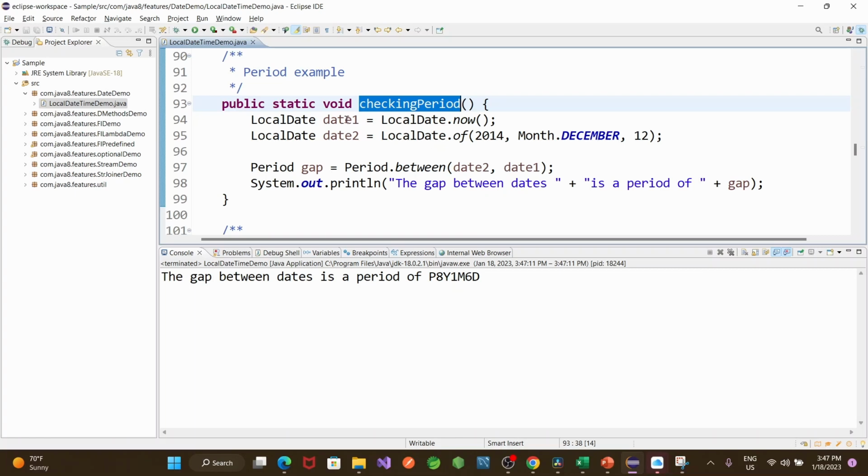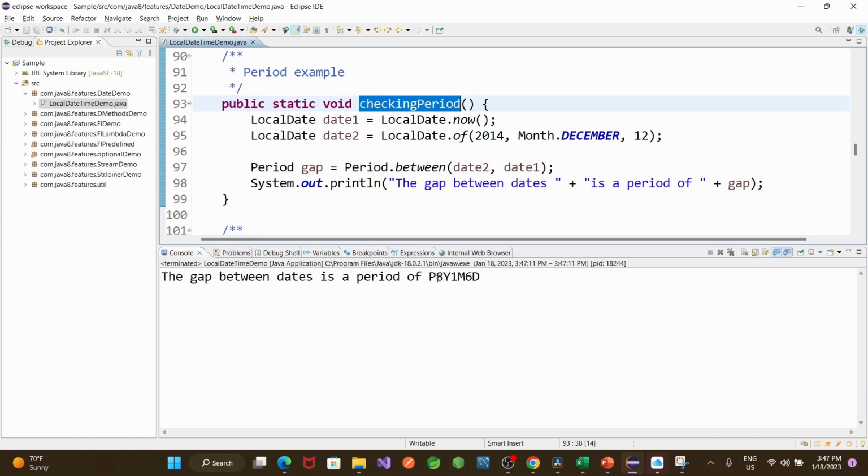So I have two dates, date 1 and date 2, and I'm just getting the period between date 1 and date 2. So that is what the gap between the two dates is, that it is 8 years, 1 month, and 6 days. Okay,